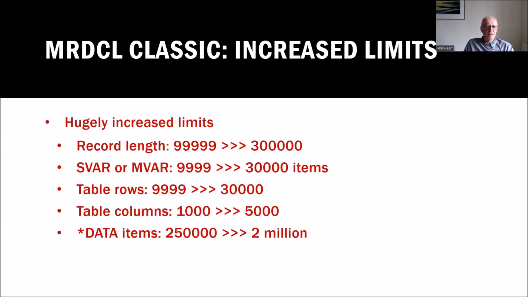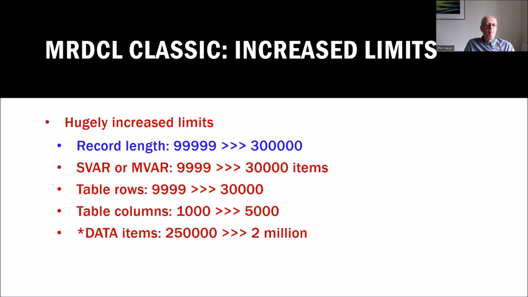So some of the things that happened in the 2021 release, I'm just going to go through these very quickly. We seriously increased the limits in MRDCL. The record length used to be just 99,999 characters. We've increasingly found that data sizes have got longer and longer, so that's the actual length of individual record in a file, and we've increased that to 300,000,